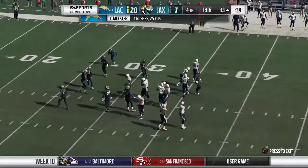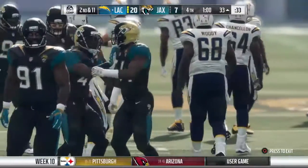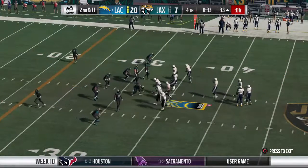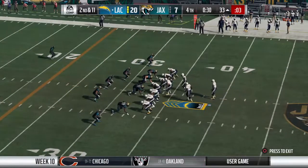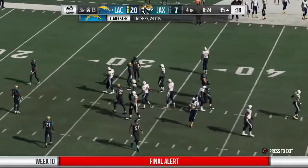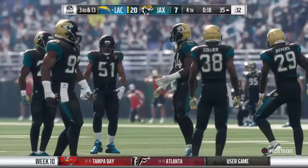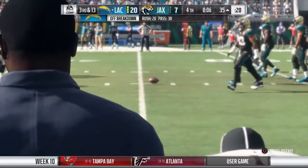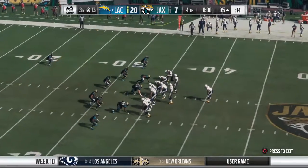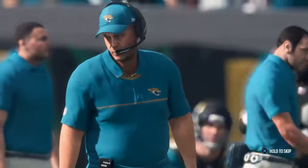Victory formation time for the Chargers. They take a knee. Down to a knee one more time, and that should just about do it. Road win in the National Football League. Charles, you never take that for granted no matter who you're